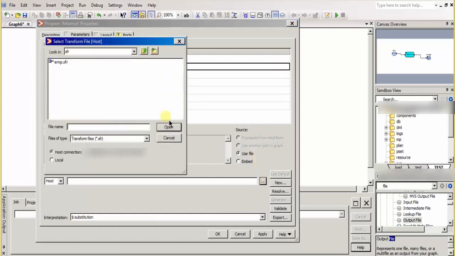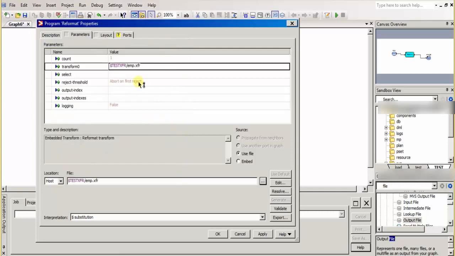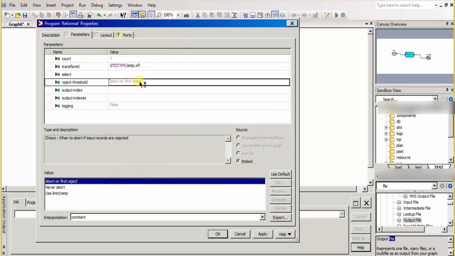Now I have to give the XFR, my business logic, and then you'll have an option for when to abort your graph, either abort on the first reject, or never abort, or you can set a limit like abort on the second reject or third reject. Here I want my graph to be aborted on the first error.